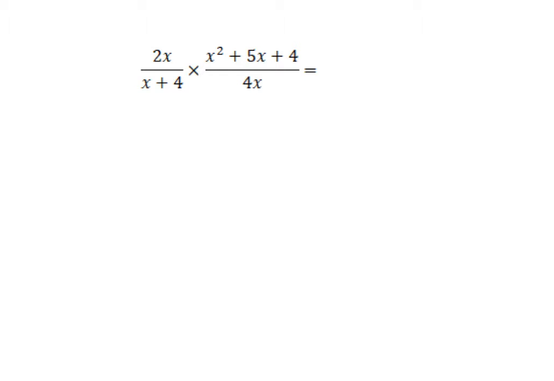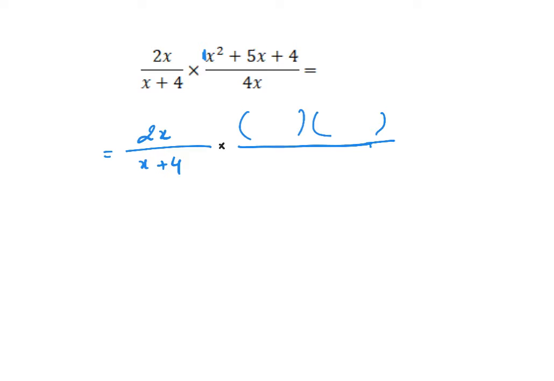So we got 2x over x plus 4 times, and the other fraction here we have x squared plus 5x plus 4. So this polynomial we need to factor first in order to simplify. Since a, the coefficient of x squared, is 1, we can just have two parentheses here,